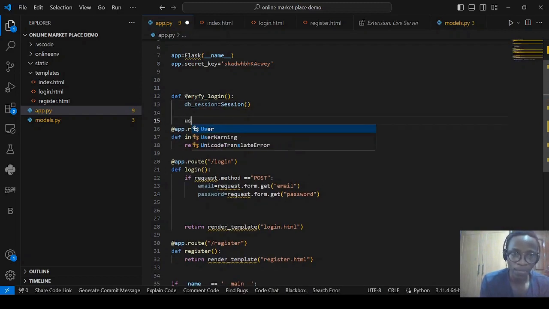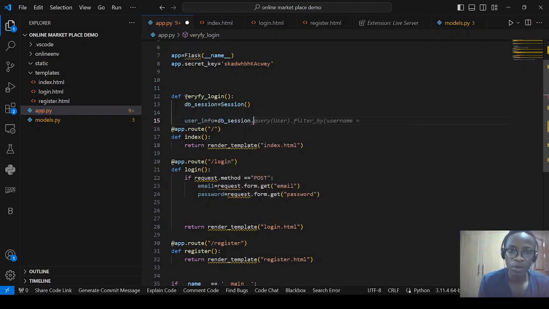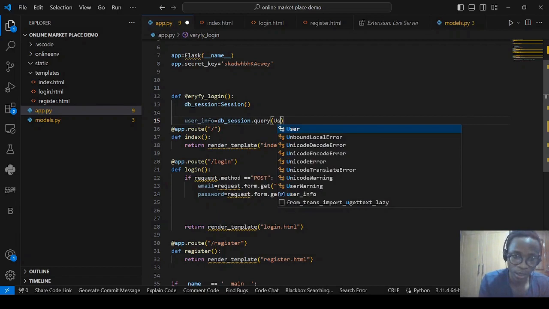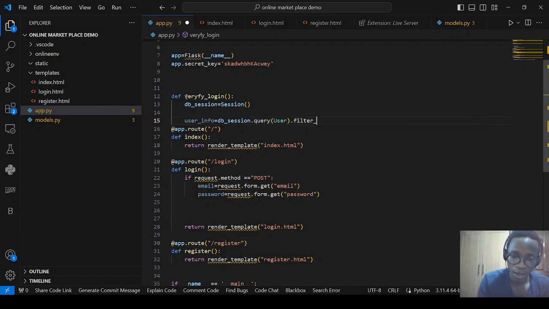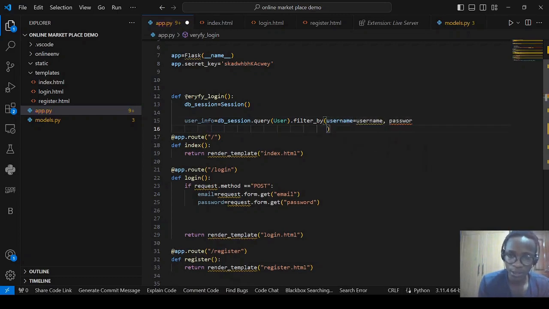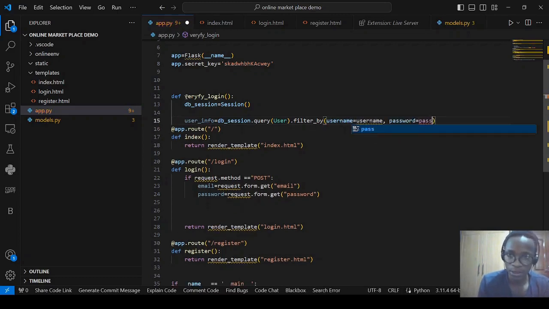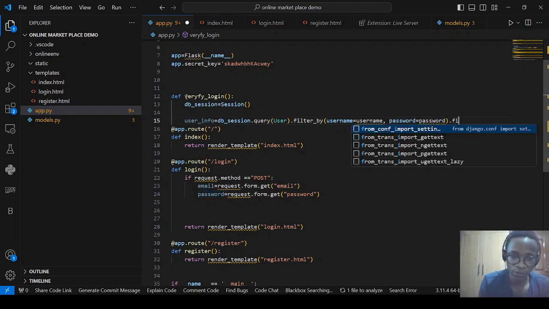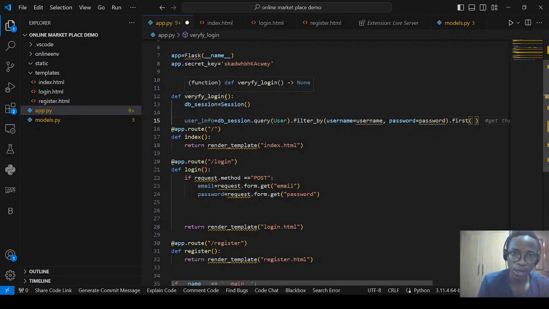So we are going to say user_info is equal to db_session.query(User).filter_by(username=username, password=password).first(). We want to fetch the first value. So here you just have to add the username and the password respectively. They should follow that order. Do not distort that order. Then we are going to return